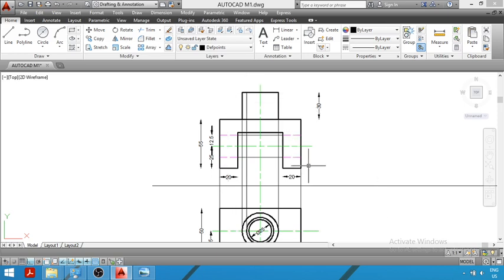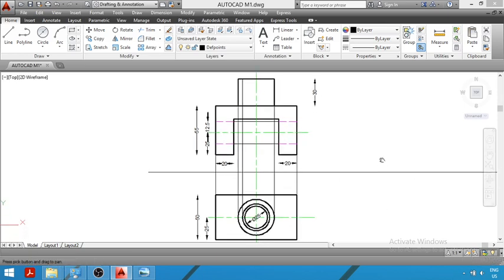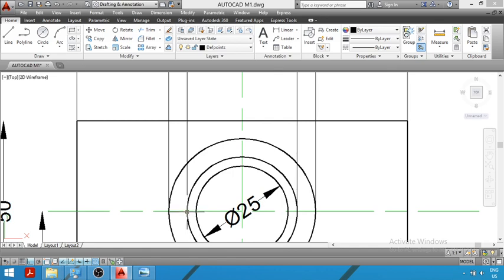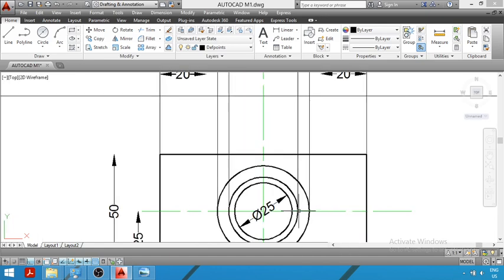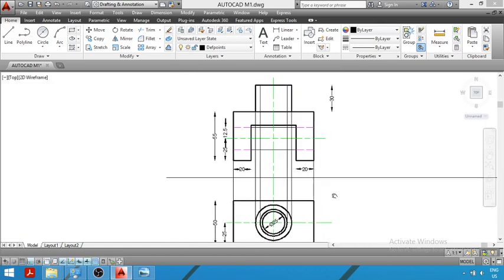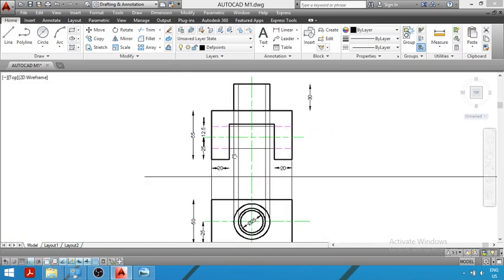Now this projection line should be light, it should not be dark. Again we will draw a vertical projection line from this end of the second circle. So what we have done, we have taken the end point of this diameter, this point and this point on the right hand side, and after selecting those points, we have drawn two vertical projection lines, this first line, and this is my second line.